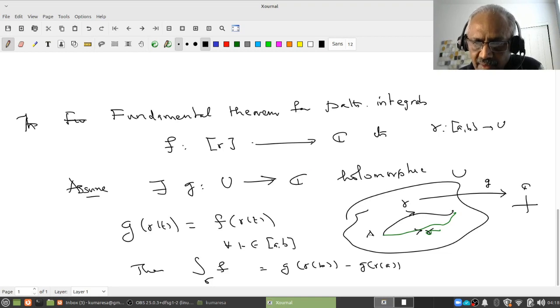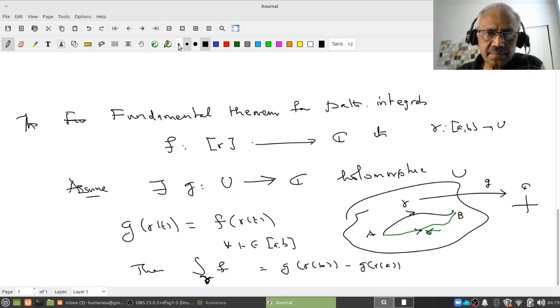Suppose the points are A and B, right? And sigma may have some other domain. Sigma may be from C D to U, but the starting point and end points are the same, A and B. Then what do I want to say? Integral of f over sigma will also be equal to integral of f over gamma,